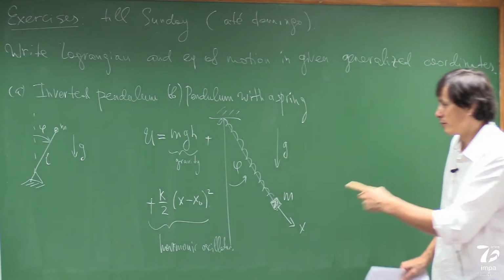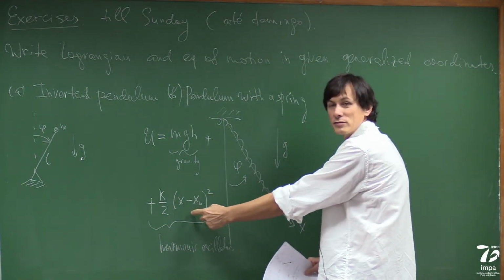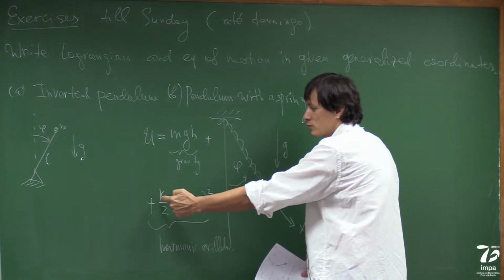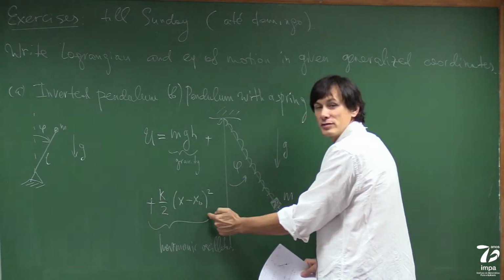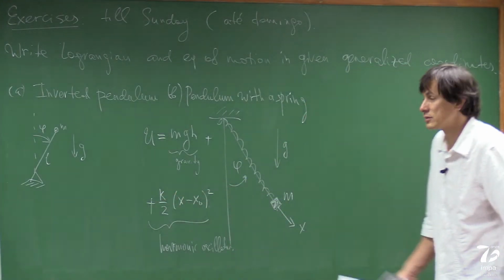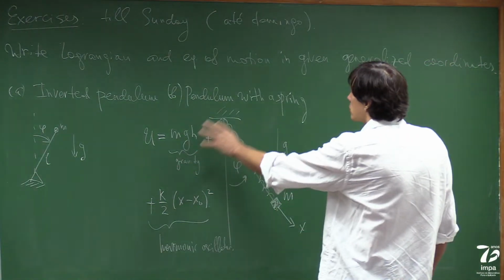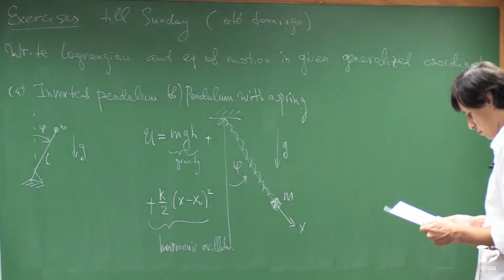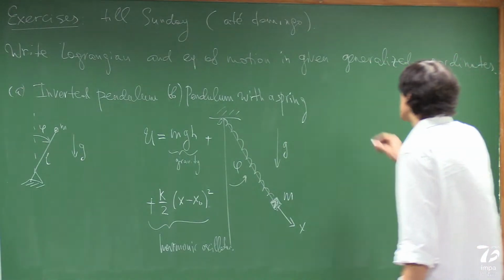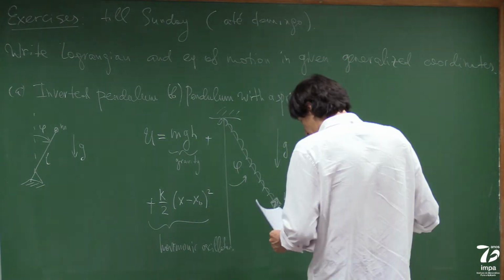Right? So remember, force is derivative with respect to x. That means that force, with a minus, will be minus k(x minus x0). So that's the simplest expression you can do which gives you zero force at position x0, and then the force is proportional to the deviation from equilibrium. So that's the potential, and then that's a problem. Okay, and then C is a pendulum